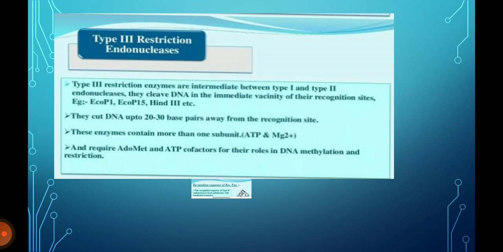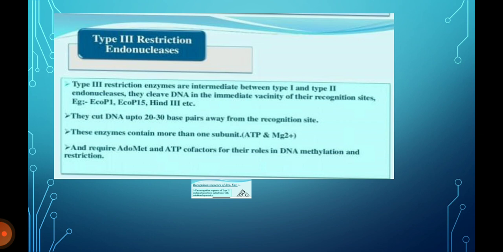Type three restriction enzymes are intermediate between type one and type two endonucleases. They cleave DNA in the immediate vicinity of their recognition sites, for example EcoP1, EcoP15, HinfIII, etc. They cut DNA up to 20 to 30 base pairs away from the recognition site. Type three enzymes contain more than one subunit, require ATP and magnesium 2 plus, and require AdoMet and ATP cofactors for their roles in DNA